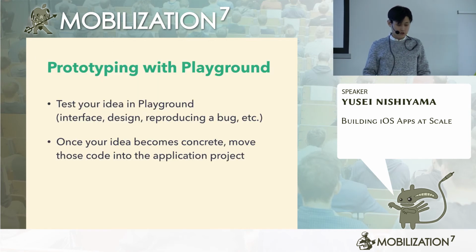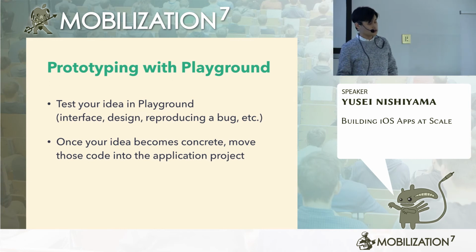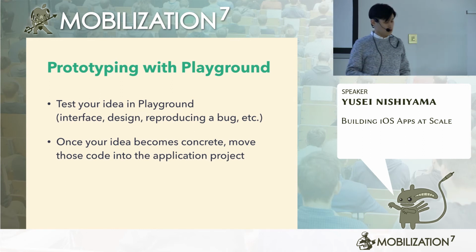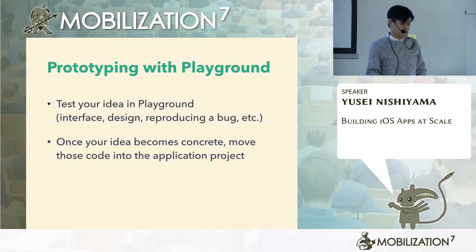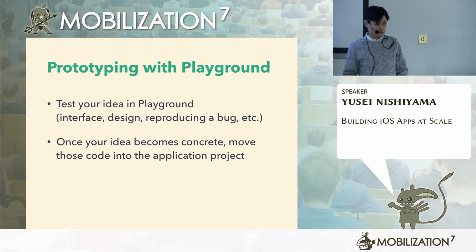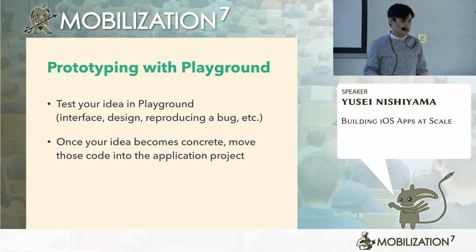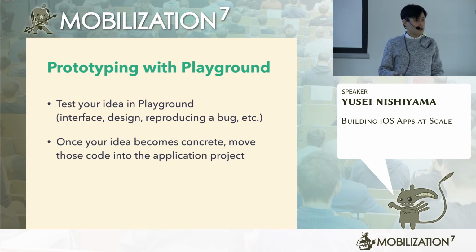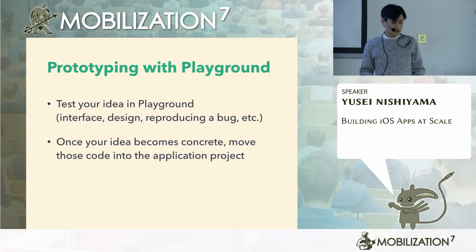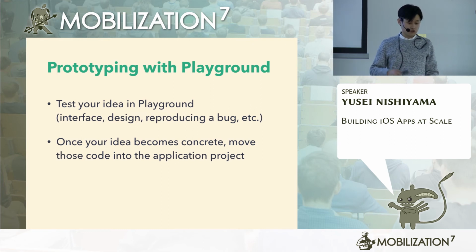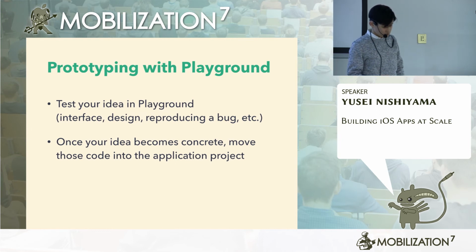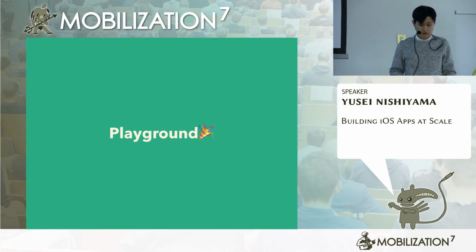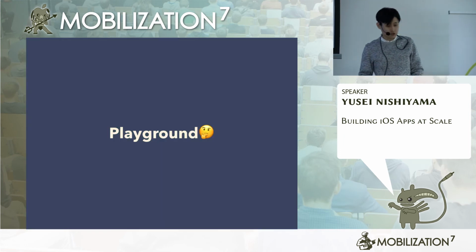So we can use Playground as a powerful prototyping tool, and the workflow should be like this. You can test your idea in Playground. It can be anything. You can test interface and design. You can even use it to reproduce a bug with a minimum amount of code. Then once you've confirmed your idea works, you move that code into your application project. So Playground seems to be the answer to my question, but it's not 100% true,